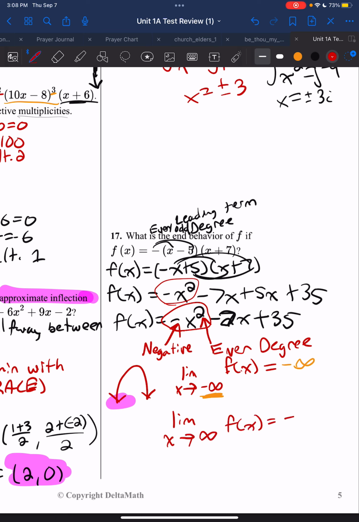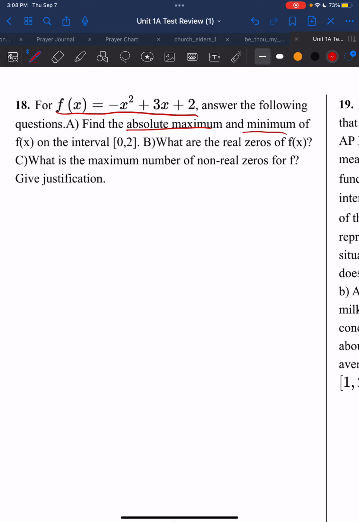So that brings us to the free response questions. So all the questions up to this point would be multiple choice, and now we move to free response, and we have this. So for f of x equals this, answer the following questions. Find the absolute max and the absolute min on the interval 0 to 2. So for A,